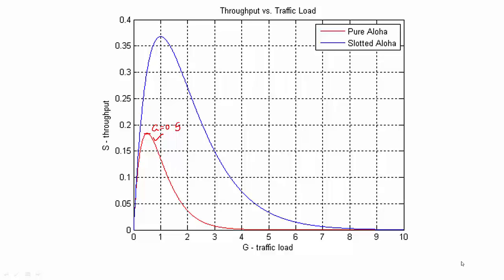So why do you think the performance is so poor? The reason Aloha does badly is because in this protocol, a user, when it has a packet to send, transmits it right away without care or concern of what is happening in the channel. For example, if there is an ongoing transmission and a packet comes, this user is just going to start transmission right away, and this is going to result in a collision. So what we will see next is a variant of Aloha called slotted Aloha that improves this behavior.